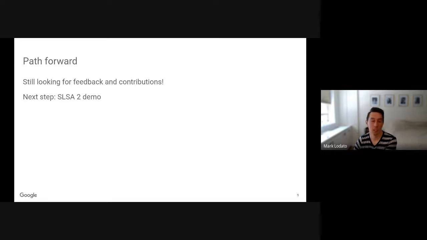And if you disagree with us, then we want to catch that earlier rather than later. We're also working on further demos and proofs of concept, making SLSA real: writing code, actually generating provenance, actually consuming provenance, etc. So that's all I have for now.